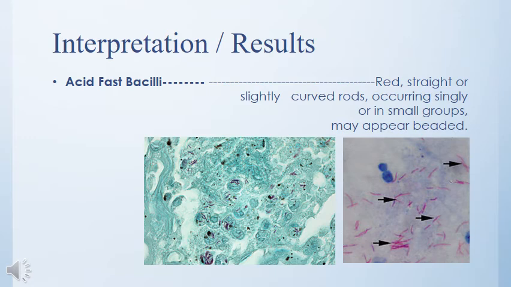So you can see two diagrams in front of you. In the right side diagram, the background is blue, and the acid fast bacilli are red or pink in color. In the left diagram, the background is green, but you can easily observe purple, red or pink colored acid fast bacilli on the surface. The green background is due to malachite green, and the blue background is due to methylene blue stain.